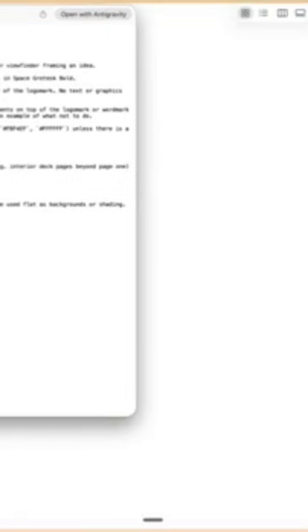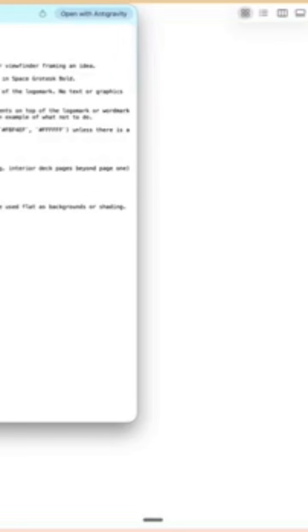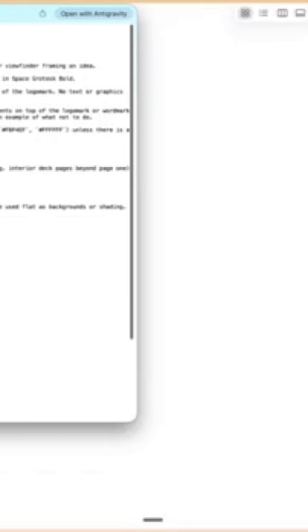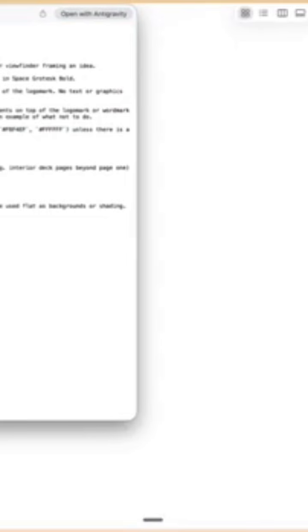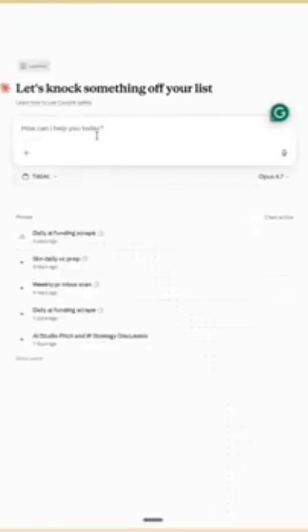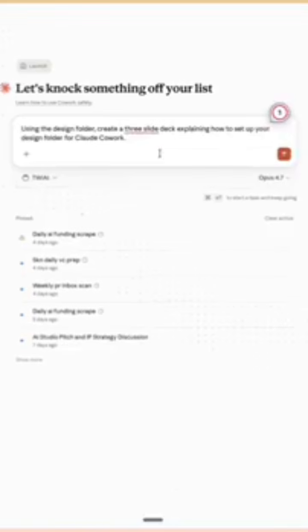It had the typography I like to use, the name, the logos, the visual language that I like, and even some preferences, which are light mode for presentations, as I just mentioned before. And now that I have this all set up with a Claude.md file, which is basically a .md file that explains to Claude whenever it looks into this folder what's in here, I'm ready to go and get to designing. So I'll go back into Cowork, click new task, select the This Week in AI folder, and type in my prompt. Using